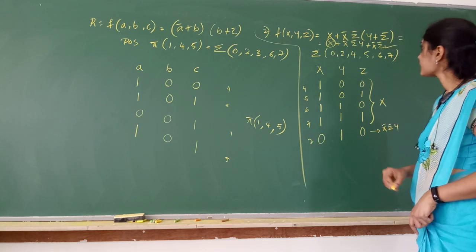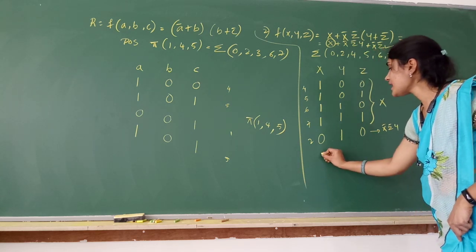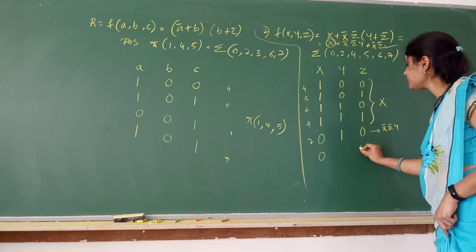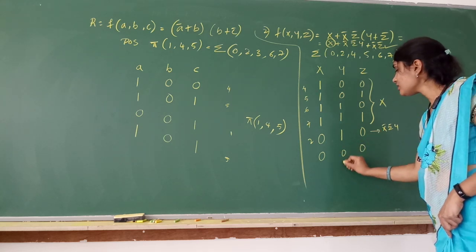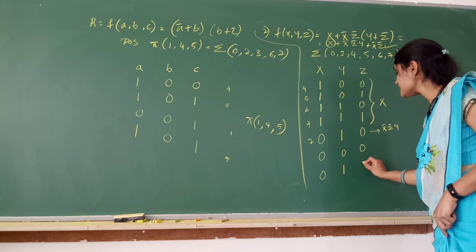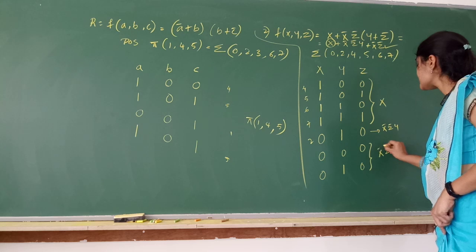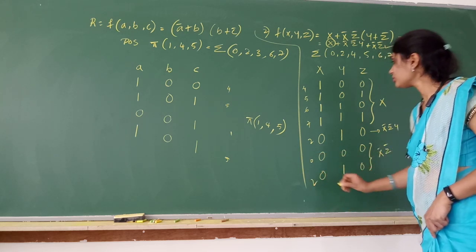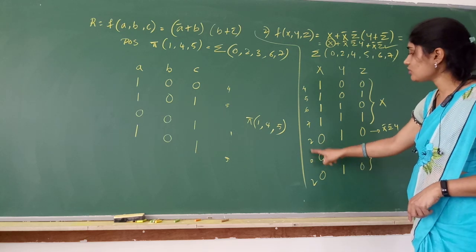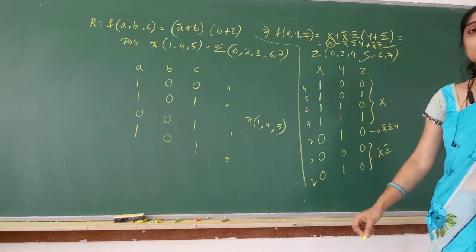That means 0, 1, 0 is 2. Then what is the third product term we have? X bar, z bar. That means x bar is taking 0, z bar is taking 0. What is y? Y can take either 0 or 1, but this is x bar, z bar only. So these are the terms we have got for x bar, z bar. What is 0, 0, 0? 0. What is 0, 1, 0? 2. So what are the terms you have? 0, 2, 4, 5, 6, 7, and that is the answer you have got when you place the equation